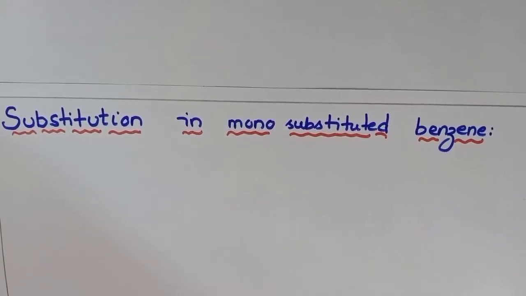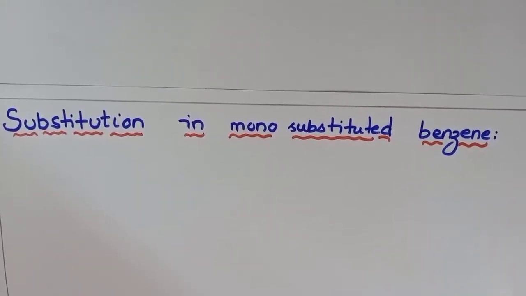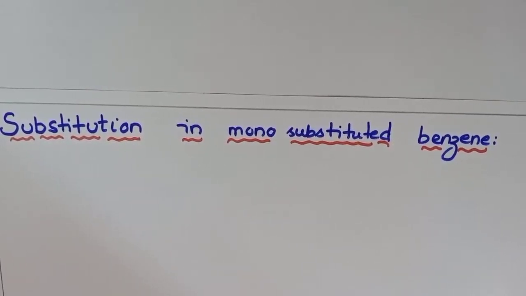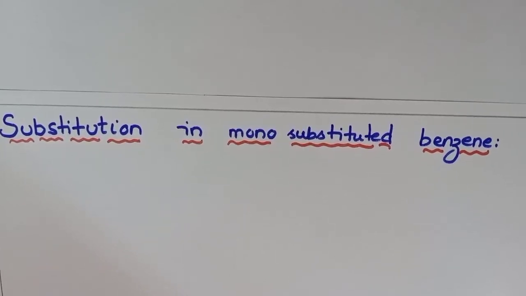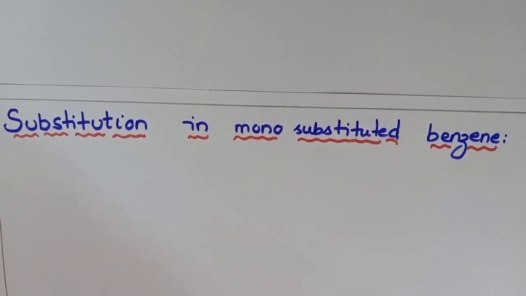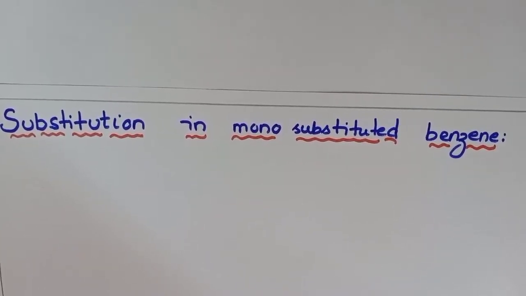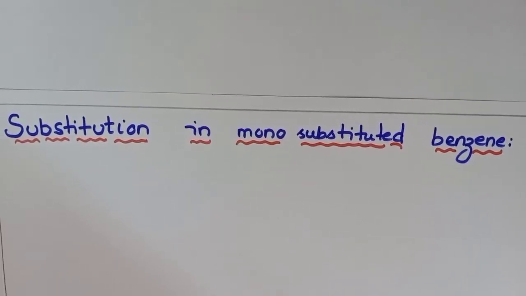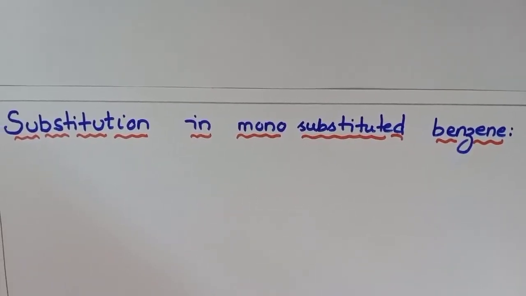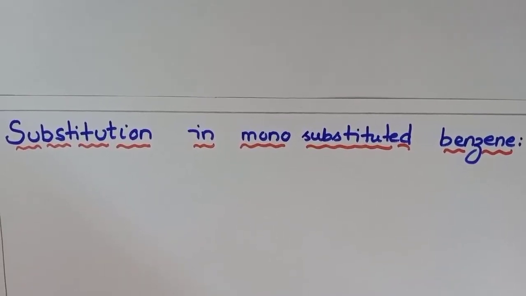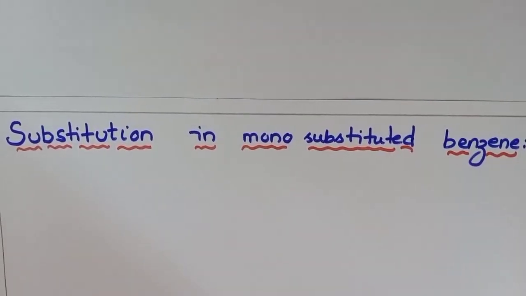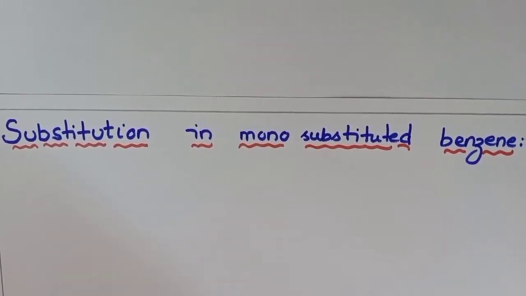In the other videos, students, I have done the mechanism of electrophilic substitution. There we have learned that in benzene and any other aromatic compound, electrophilic substitution reactions are most common. We have also seen how the electrophile is substituted in benzene and the mechanism, and in another video I have done a few examples related to electrophilic aromatic substitution. I also told you why electrophiles are attracted to the benzene ring: because benzene is rich in electrons.